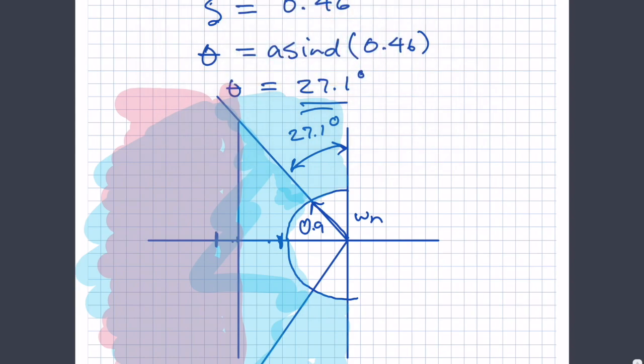The overshoot requirement requires us to be within this angle. Okay, so we intersect all those things together, and our point of intersection is this nasty looking rust color in here. Okay, so all the poles have to be over in this region for the two poles in order to